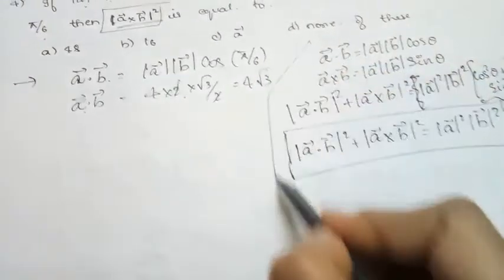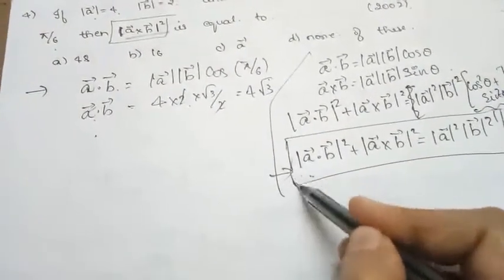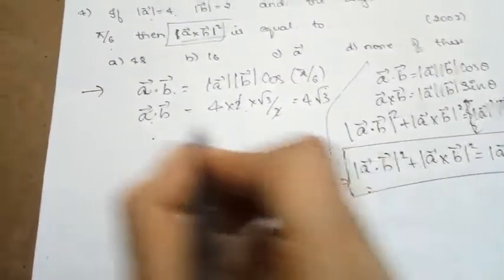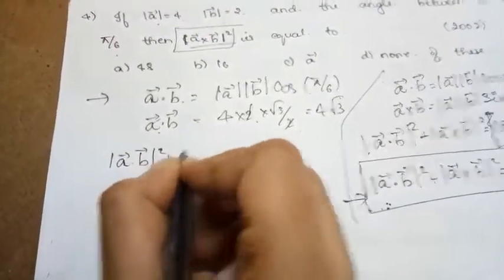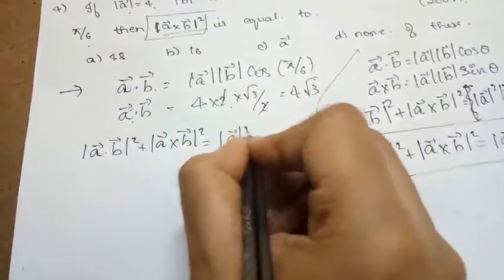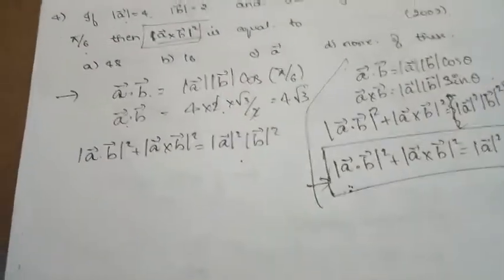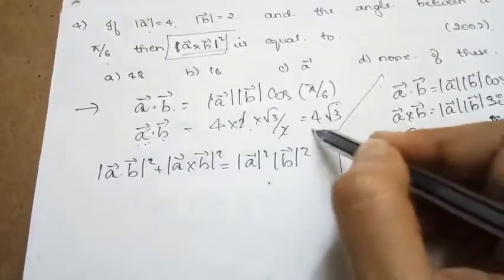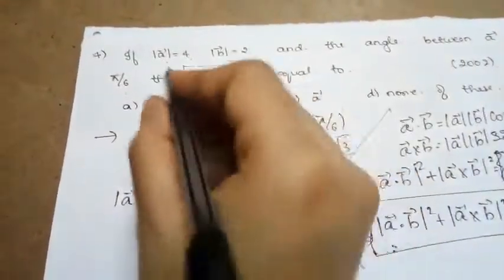So what I did here is, before using this formula in this question, I have derived it, or I have shown you how this formula comes. So I am now using this formula in this question, that is magnitude of vector A dot vector B whole square plus magnitude of vector A cross vector B whole square is equal to magnitude of vector A square into magnitude of vector B square. So now we have this formula. All the required data we have already collected. Magnitude of vector A dot vector B we are having, so squaring it is not a big thing, and these two things are already given in the data.